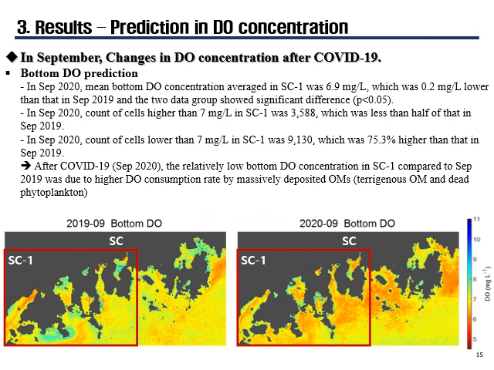In September, after the phytoplankton bloom, after they died, the bottom DO concentration average in SC1 was 6.9 milligram per liter, which was 0.2 milligram per liter lower than that in September 2019. And the two data groups between 2019 and 2012 show significant difference. And in September 2012,